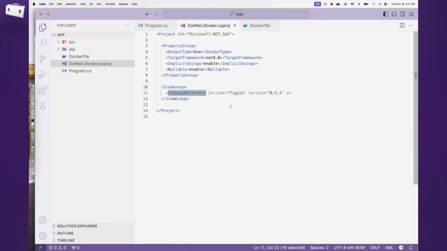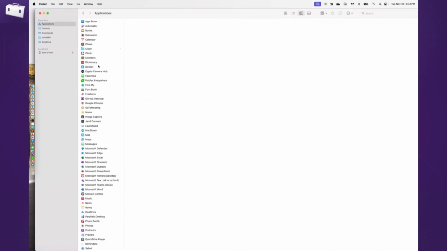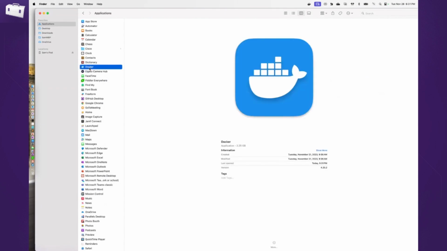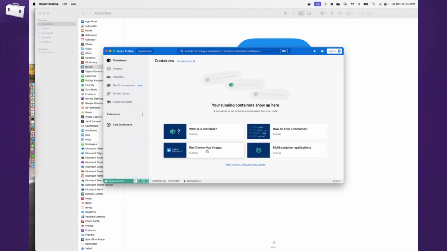But let's talk about containers here while we're at this, because you may have seen the name of the project. It says Docker. So we're going to do a little bit of Docker, because something new in .NET 8 is really nice. So I'm going to bring up my Docker containers here, which is a runtime daemon that's listening, and anybody who needs a Docker container or an image on this machine gets it.